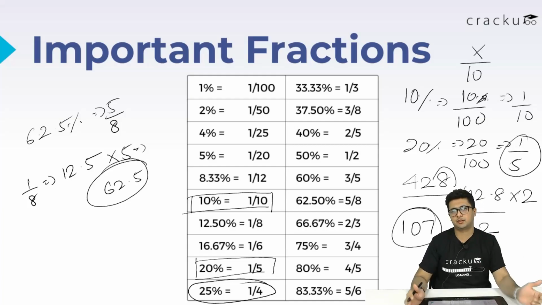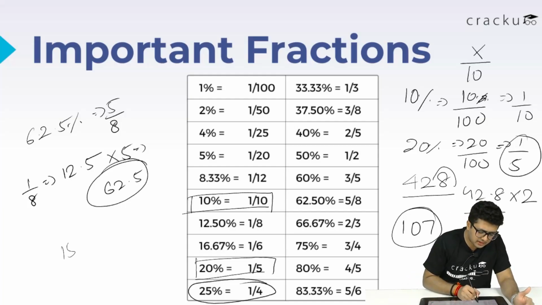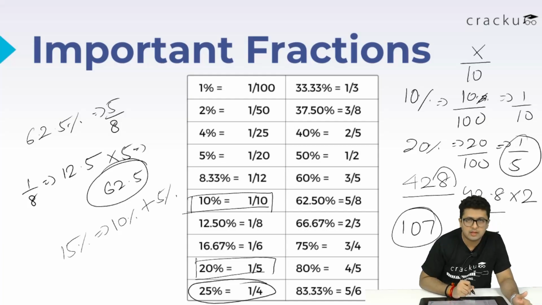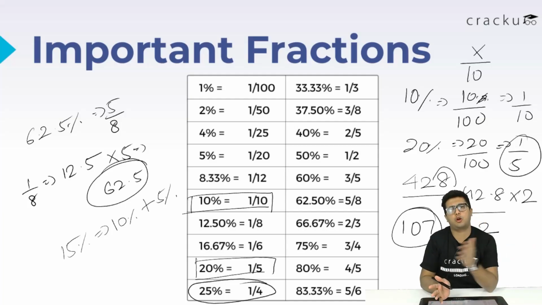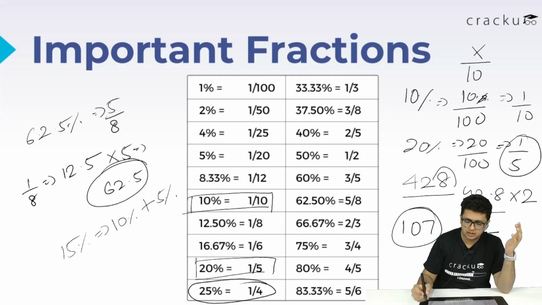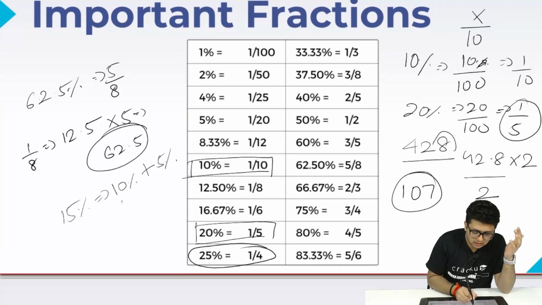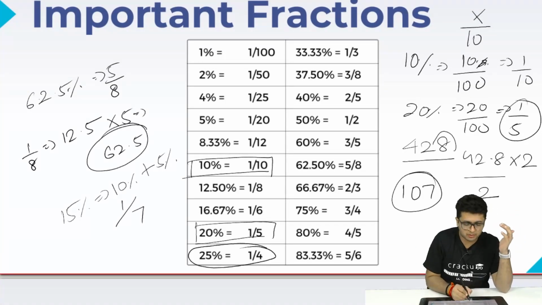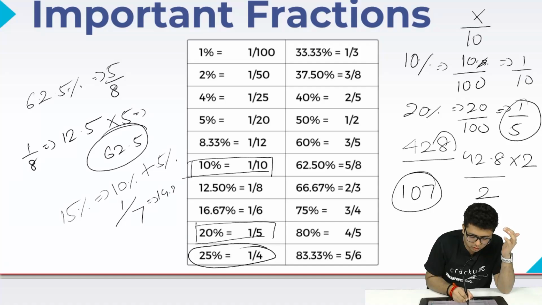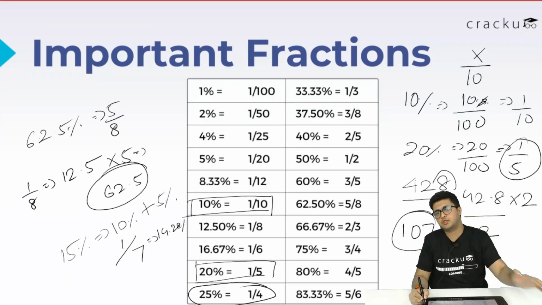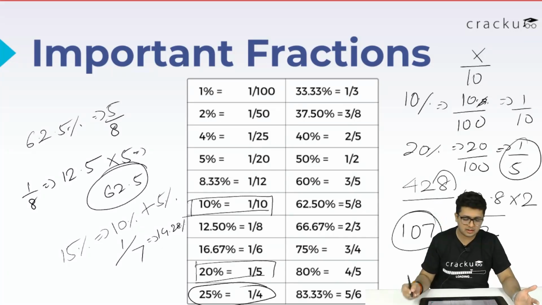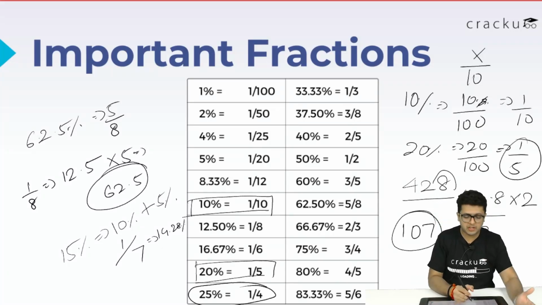Alright, these fractions also become very important because let's say a problem says you need to calculate 15% of something. Now 15%, yes, it's a relatively easy percentage to calculate. I can write it as 10% plus 5%. Let's say you're short of time and you want an approximate answer and you have 4 options that you want to eliminate from. All I need to do is divide by 1 by 7, right? 1 by 7 will be nothing but 14.28%, right? If I can just divide it by 1 by 7 and then check the options, and let's say we were to find 15% of